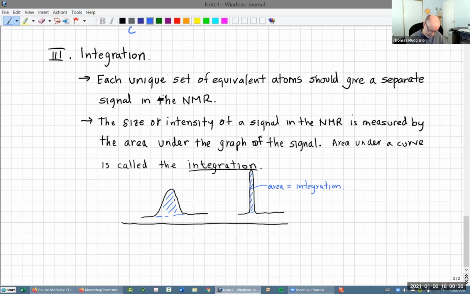And if you haven't taken calculus, if you do ever take it, you'll see that, yeah, that's the physical interpretation of that mathematics. That's what that thing is giving us, the information it's giving us. Okay? So in the NMR then, the key here is that